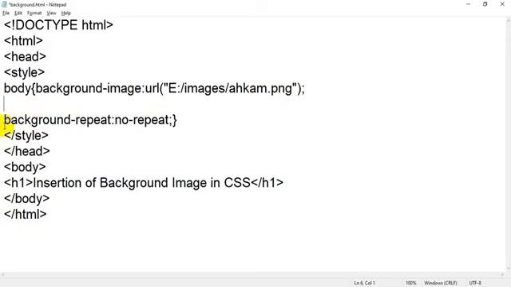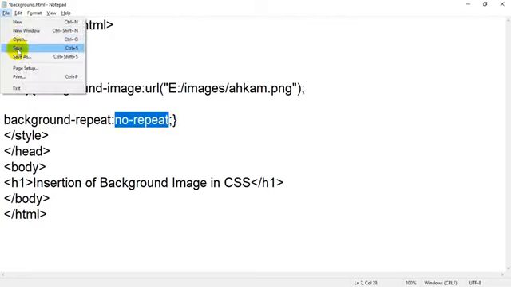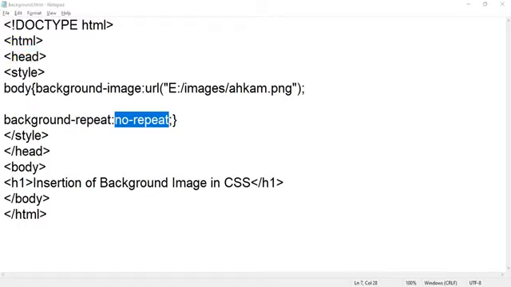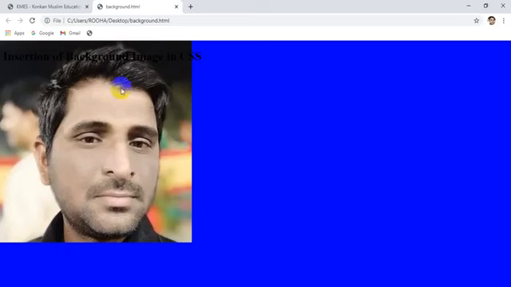Then we added a new property, background repeat, and if you want to stop repetition you have to use background repeat and mention the value as no repeat. Okay, so your image will be only a single image.